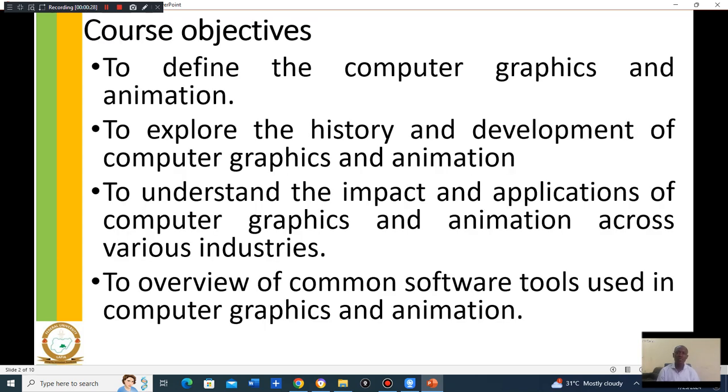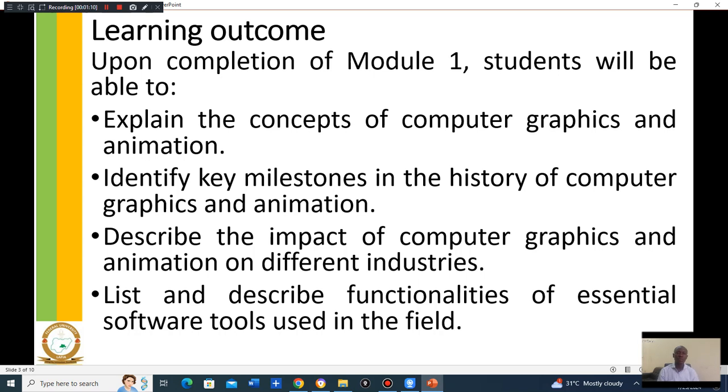Our course objectives in today's session are to define the concept of computer graphics and animation, to explore the history and development of computer graphics and animation, to understand the impact and the application areas of computer graphics and animation in different fields of endeavor. Also to overview the common software tools that we use in the field of computer graphics and animation, so that